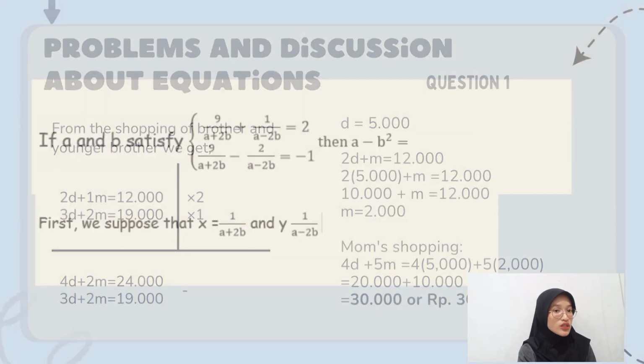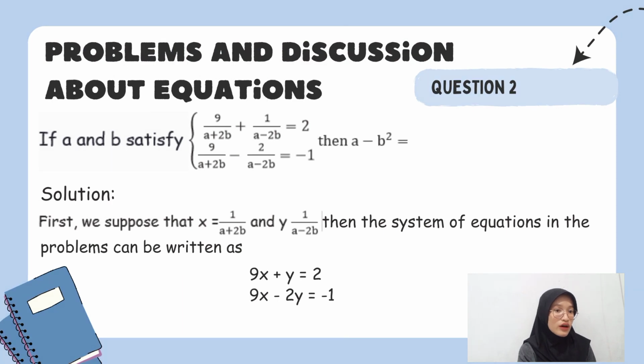Then, question 2, problem about rational equation. If A and B satisfy 9 over (A plus 2B) plus 1 over (A minus 2B) equals 2, and 9 over (A plus 2B) minus 2 over (A minus 2B) equals negative 1, then the value of (A minus B) squared is